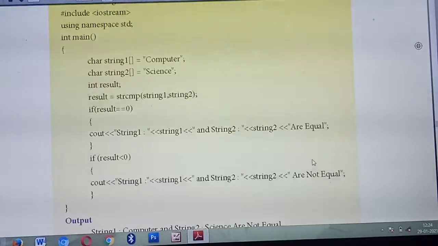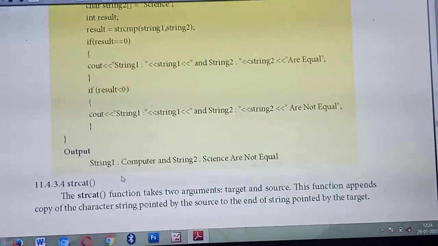It will compare word by word. If it is equal you will get the answer equal, otherwise not equal. So that's the use of strcmp. It will compare string by string. See, here what output will you get? String 1 is computer, and string 2 is science. Whether both are equal? No. So you will get the output not equal.